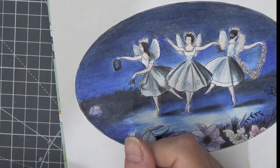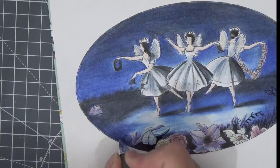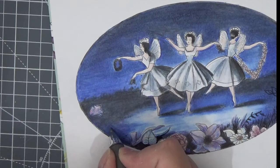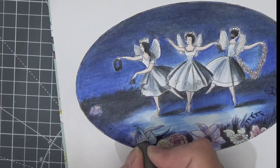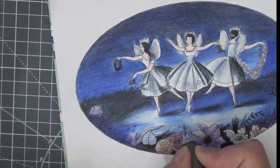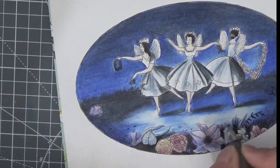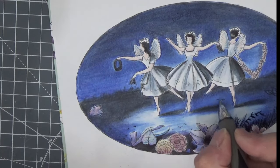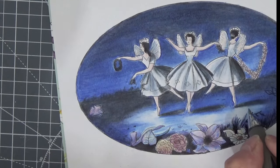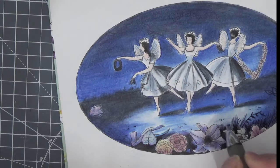Oh no, I need a darker one than that. Have I got a darker one? Nope, so black it is. They're too light. It's just like little stones and detail-y bits. There's a little bit of grass there. A couple of little stones. There is a few bits over here. I'm not going to go to town too much. Don't want to spoil it, but